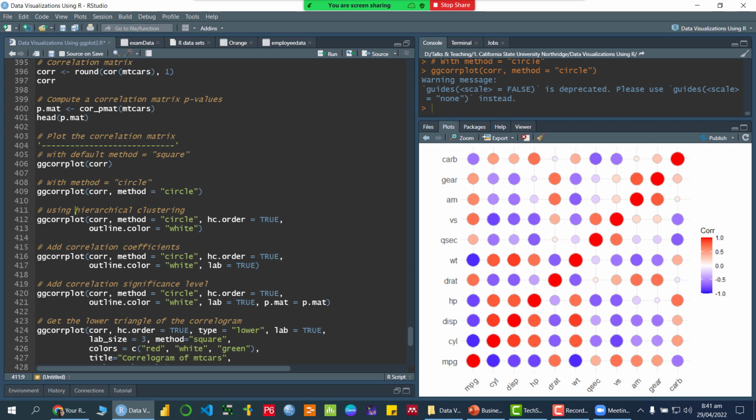Now I'm applying hierarchical clustering. What does hierarchical clustering mean? It applies similarity of correlation, which means if variables have a higher positive correlation, they are going to be clustered on one side. If they have a negative correlation, they are going to be clustered on the other side. So it rearranges these variables in a way that we are able to see the high correlation variables on one side and the lower ones on the other side. If I run this,